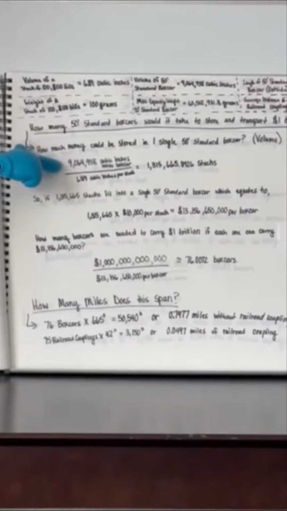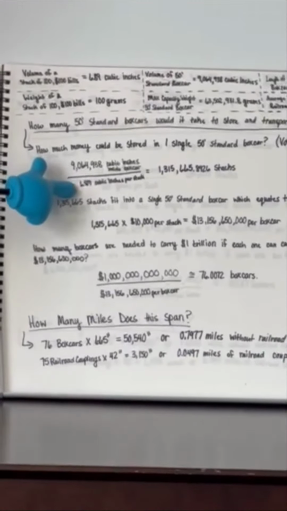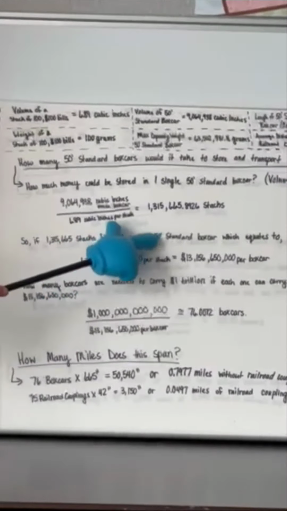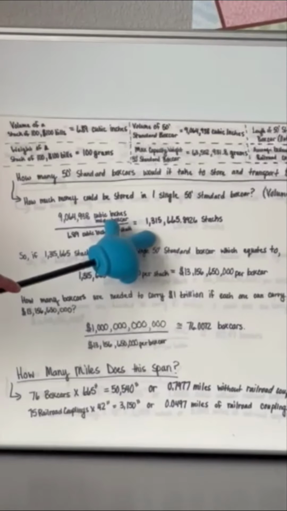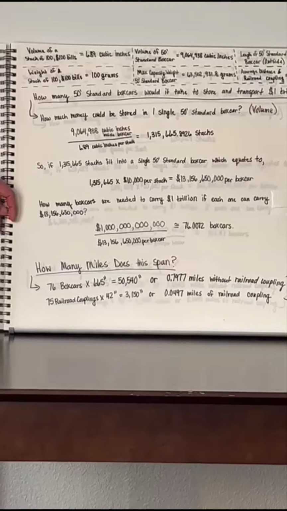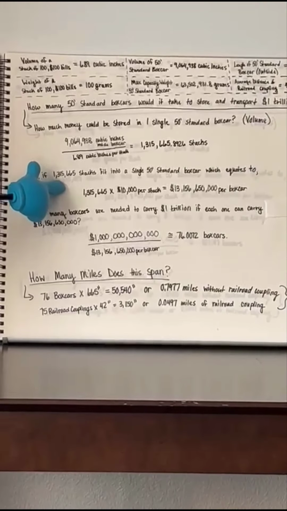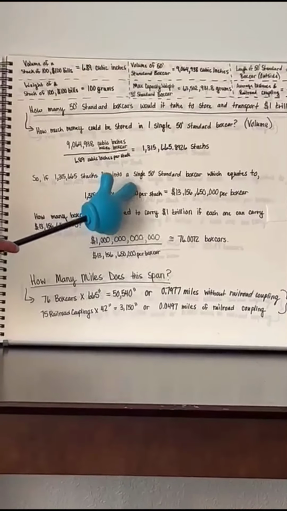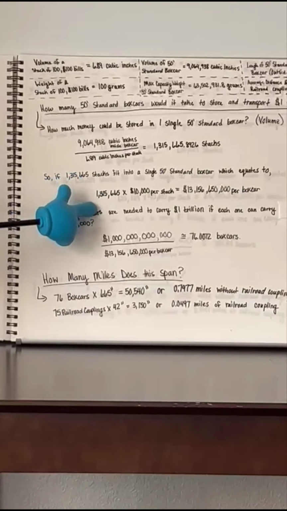And we're going to divide that by the volume of a single stack, which is 6.89 cubic inches, and that's going to give us 1,315,665.8926 stacks. Okay, so if 1,315,665 stacks easily fit into a single 50-foot standard boxcar, then this is going to equate to